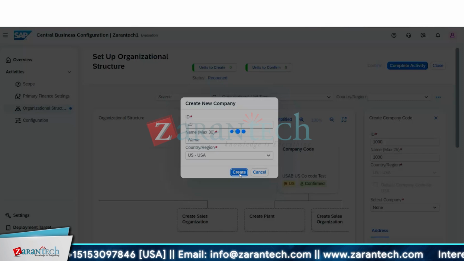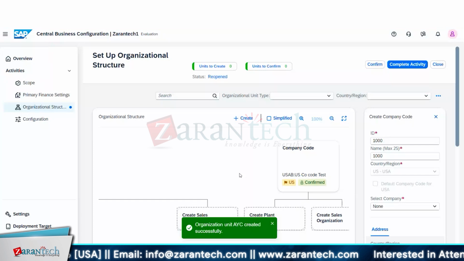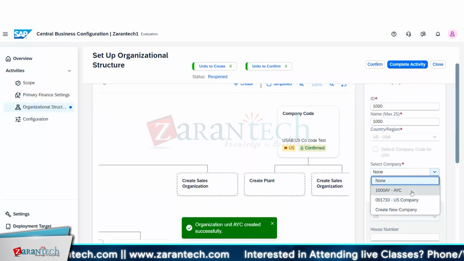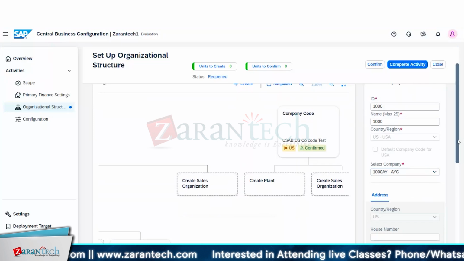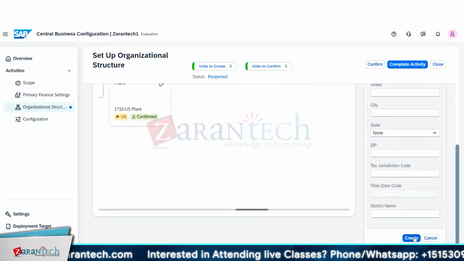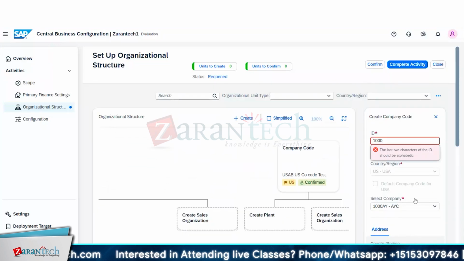First, I tried to create the company code, but it required a company. So now the company is created. We can select that particular company for your scenario. And then we don't need to provide the address and just create the company code. So the last two characters of the, okay, let's give it the same as a